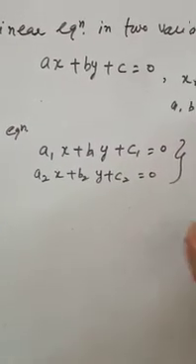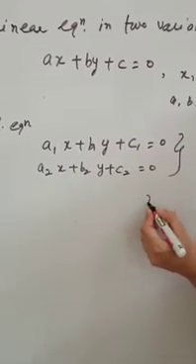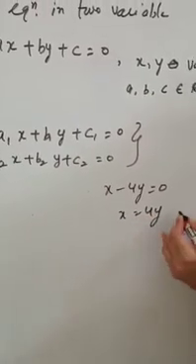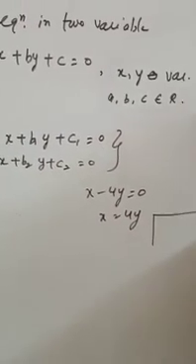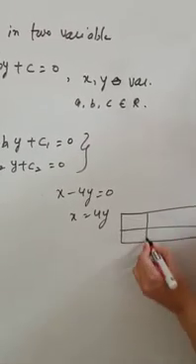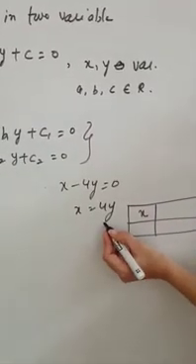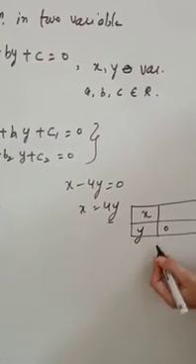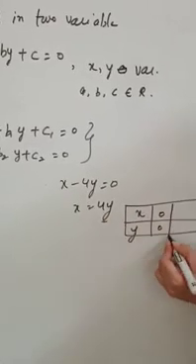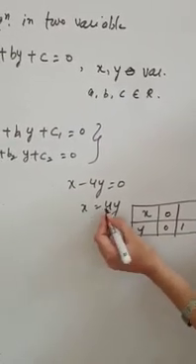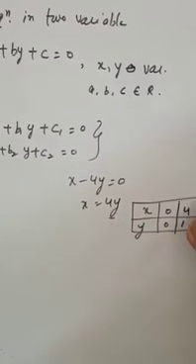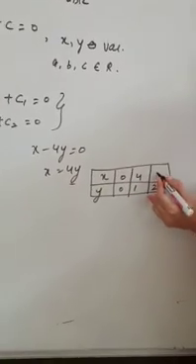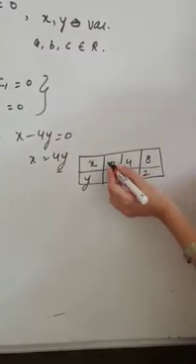And in the previous class, we studied about this. Suppose I am taking x - 4y = 0. So this implies x = 4y. So we are taking some points, as in the geometrical expression. Here y is called the independent variable and x is called the dependent variable. If we put y = 0, then x is also 0. If y = 1, then x = 4, one fours are 4. If y = 2, then x becomes 8. So these are the ordered pairs.